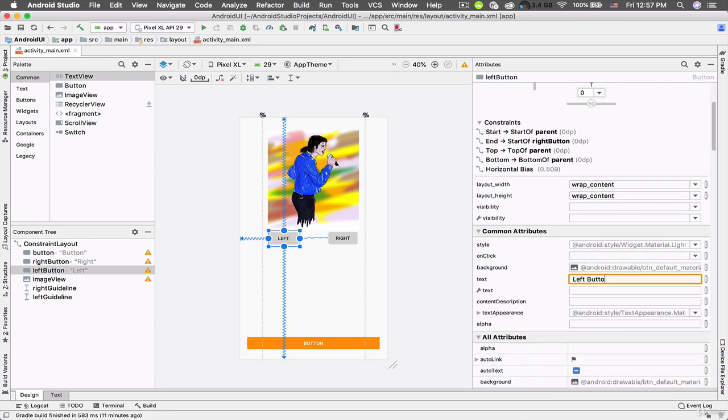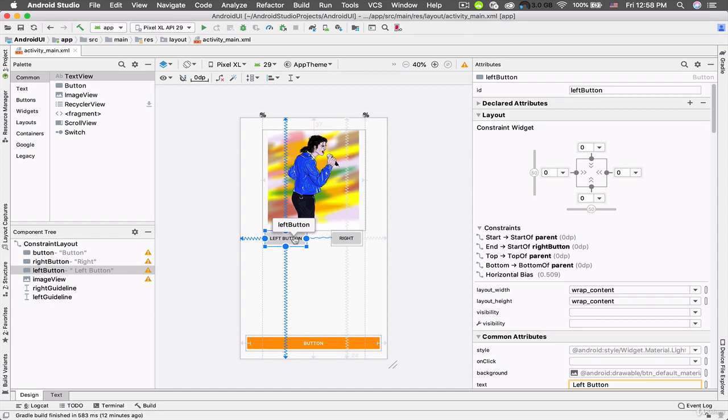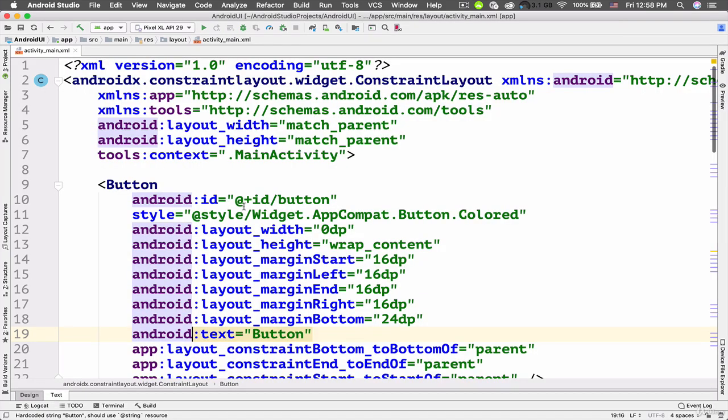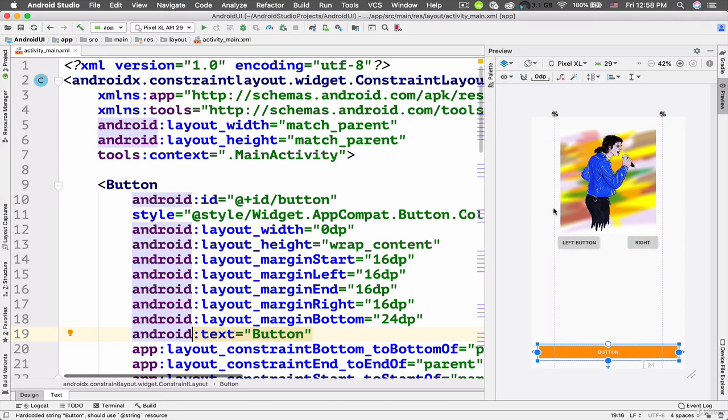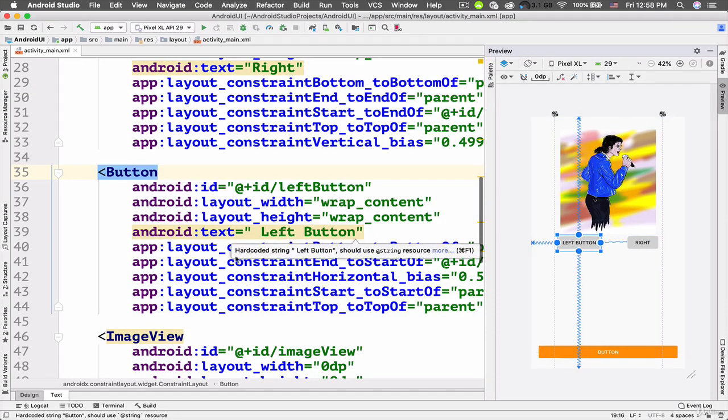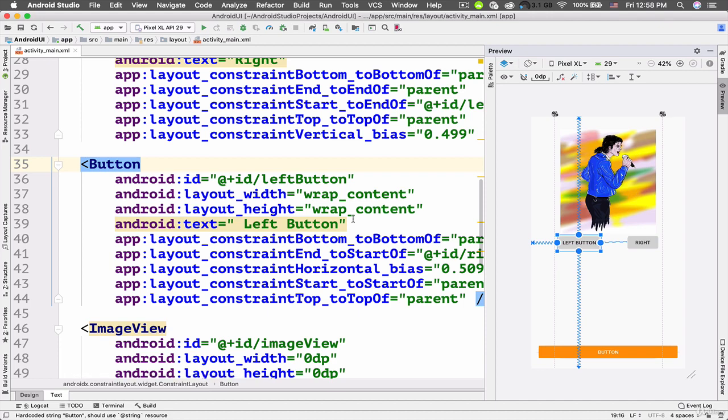Okay, but this is not a good programming practice if you hard code the value of the text of this button, because it's against the internationalization rules. So let's switch to the text tab here, and I'm just going to open the preview and tap on this left button so that the XML code of this button is highlighted. So here notice that if I hover over this text attribute of this button, it says hard-coded string left button